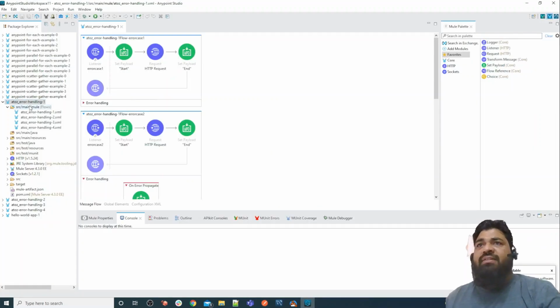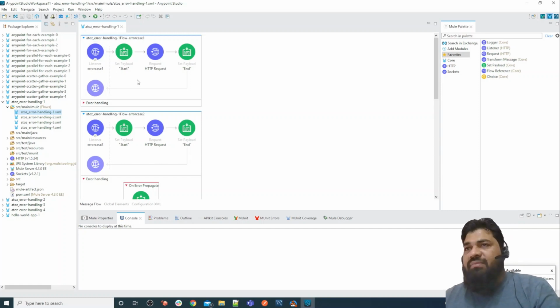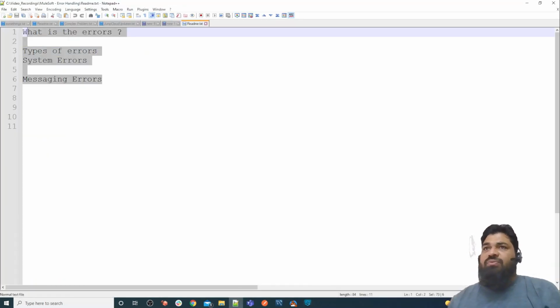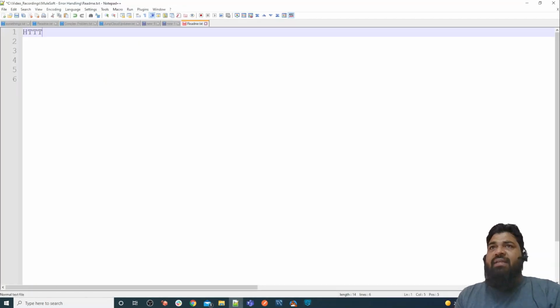So this is my first project. In this project, let me give you some prerequisites for the HTTP listener and the example I have used. In every error case, I have used an HTTP requester, and that HTTP requester is giving me HTTP colon connectivity. So let me show you what it is giving. HTTP colon